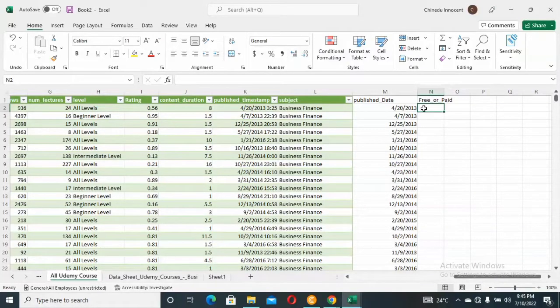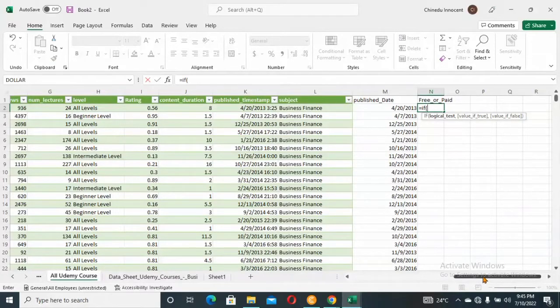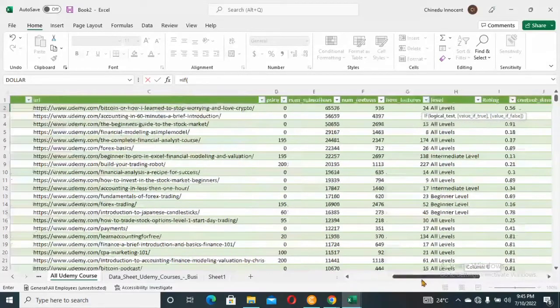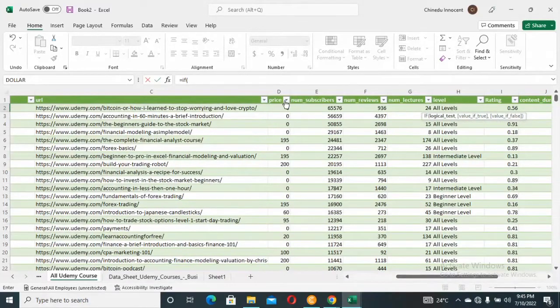Whenever you want to write your functions in Excel, make sure you put the equal sign. Equals IF, what's the column that we want to look at? If price here equals 0,